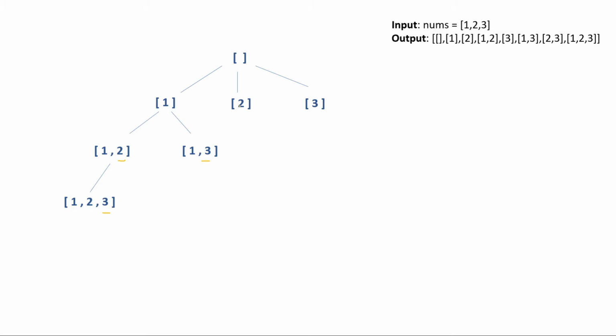So after 2 what values are there? Only 3 is present. So 3 is our only choice. So we can create 2, 3. So after 3 what is left? Nothing left. So we have to stop here. After 3 what is there? Nothing. So we have to stop here. And we have to collect all these things as a result, and we can get it as an output. So this is the graph we have to create, and then we can come to the solution.